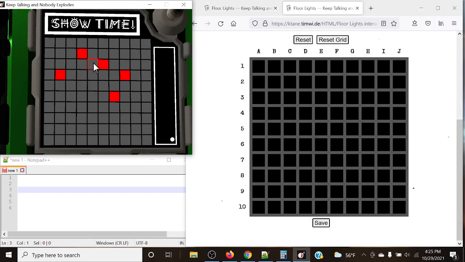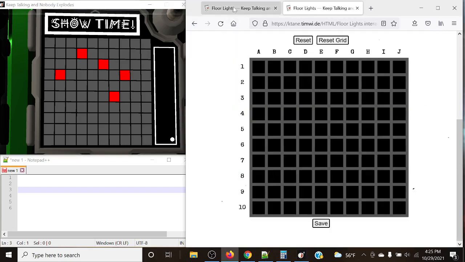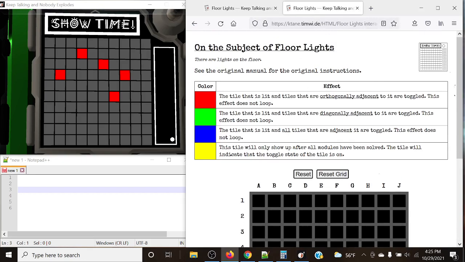This does technically count as stage 1, and it's not just an initial stage or anything that you can simply ignore. Every single stage counts, and this starts with stage 1. Now this little LED at the bottom right represents the display in binary, and I'll explain what that means later on. So taking a look here, all of these happen to be red, and the rules are listed in the interactive manual. So for red, we're going to toggle the tile that is lit, and all of the orthogonally